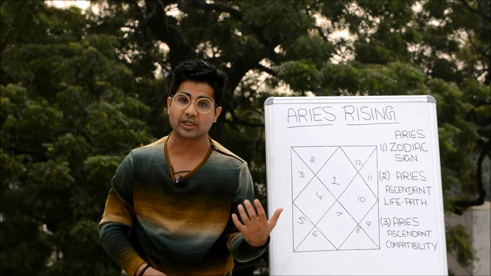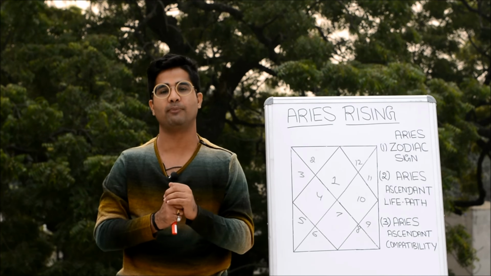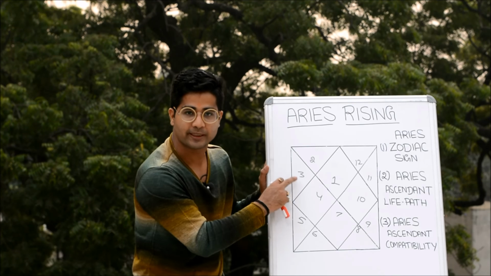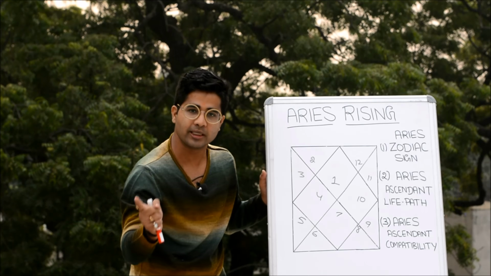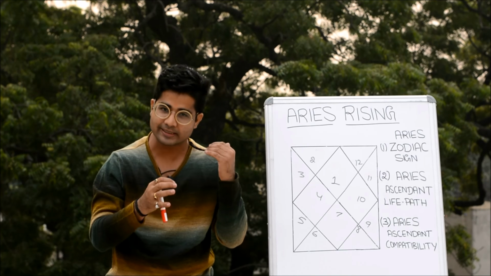But the only thing is that Mars doesn't get along well with Mercury, so no matter that they remain concerned about their brothers, there still remains a little bit of a sense of competition and competitiveness, even with their siblings. So this is what we can see from this aspect: protectiveness for their brothers, but at the cost of a little bit of competitive spirit inside their mind, inside their head.